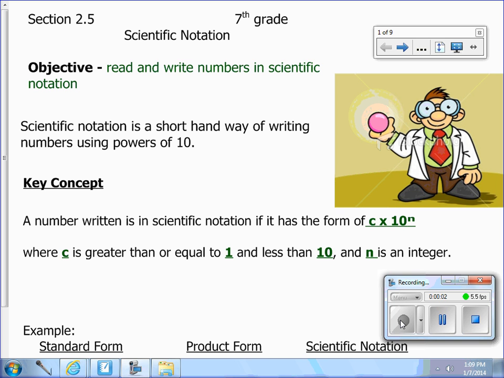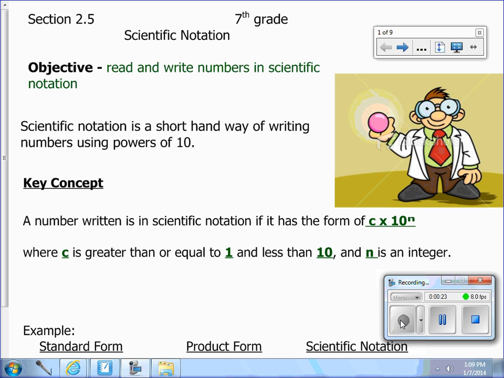In this lesson, we're going to talk about scientific notation. Today we're going to learn how to read and write numbers in scientific notation. Scientific notation is a shorthand way of writing numbers using powers of 10. The key concept of scientific